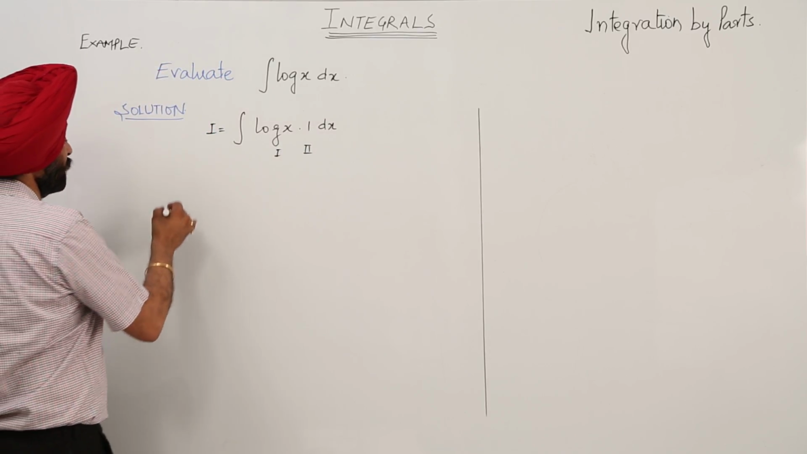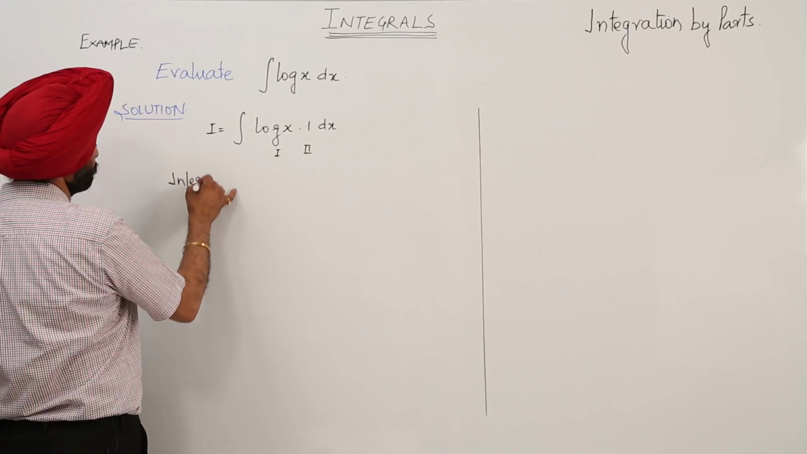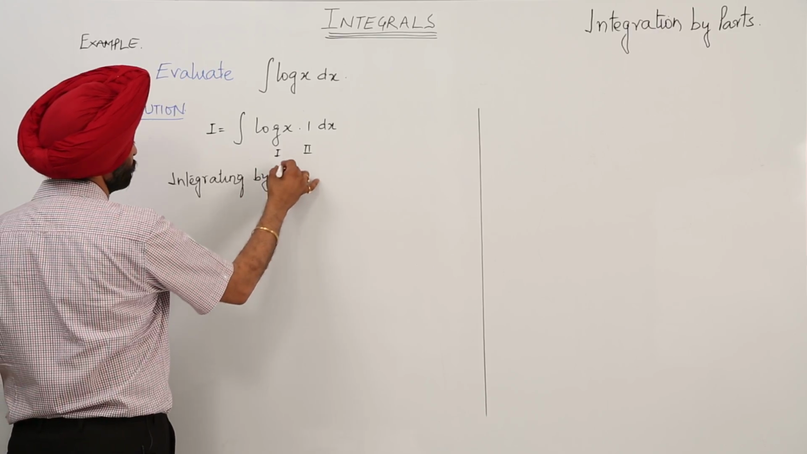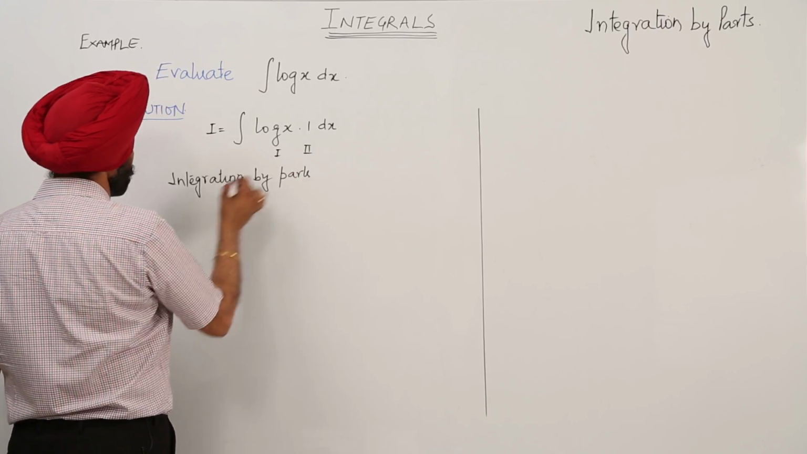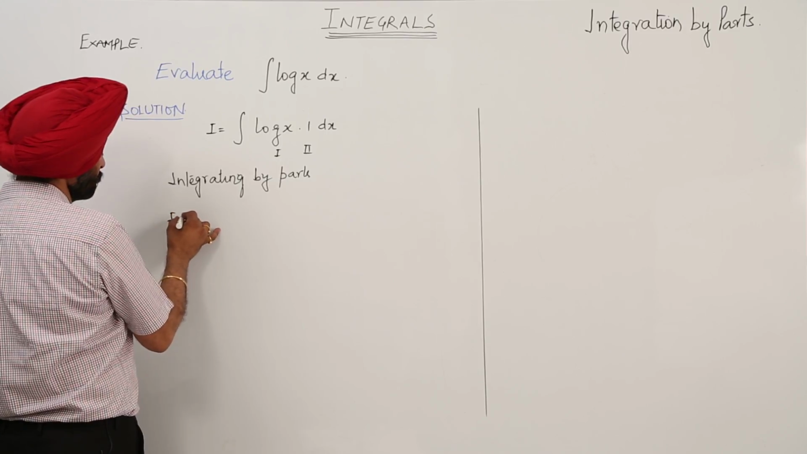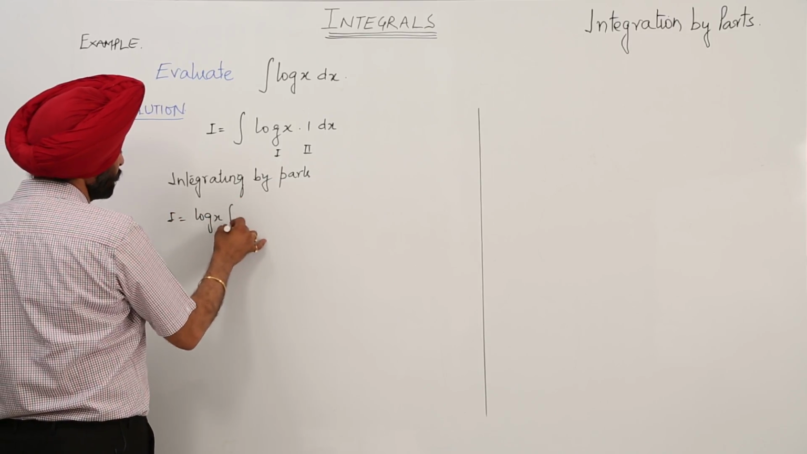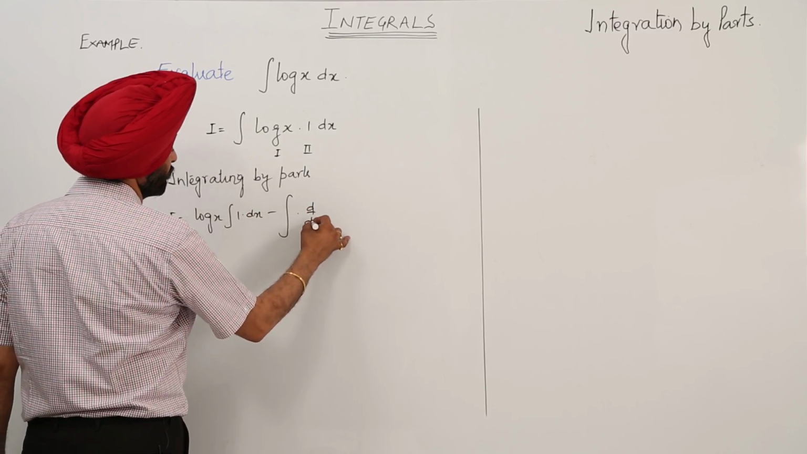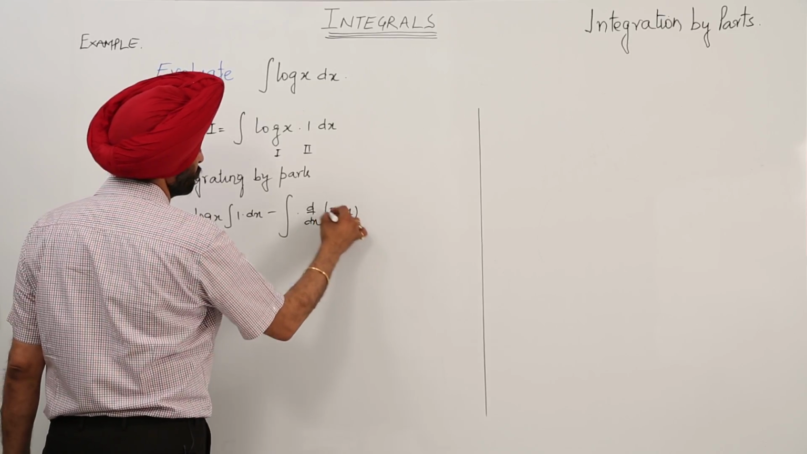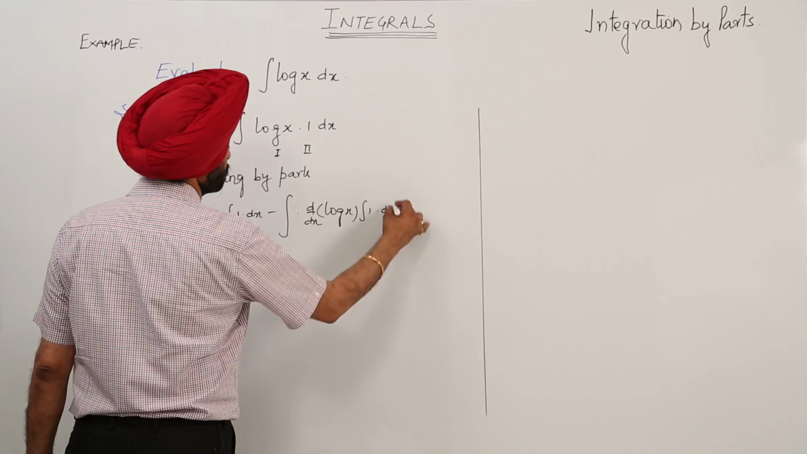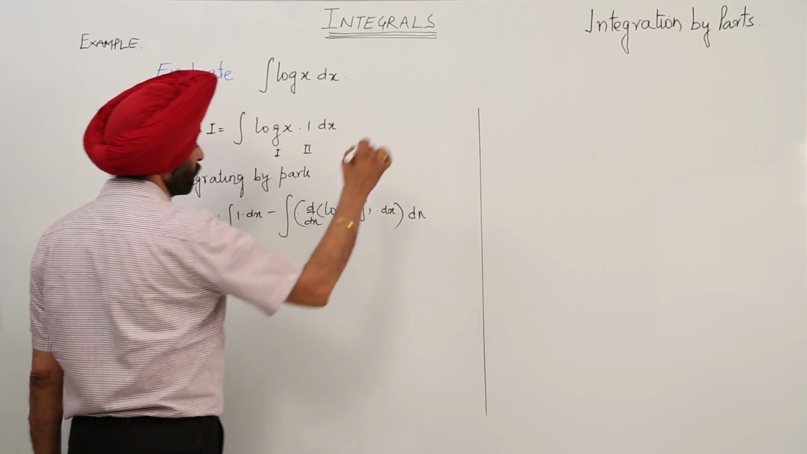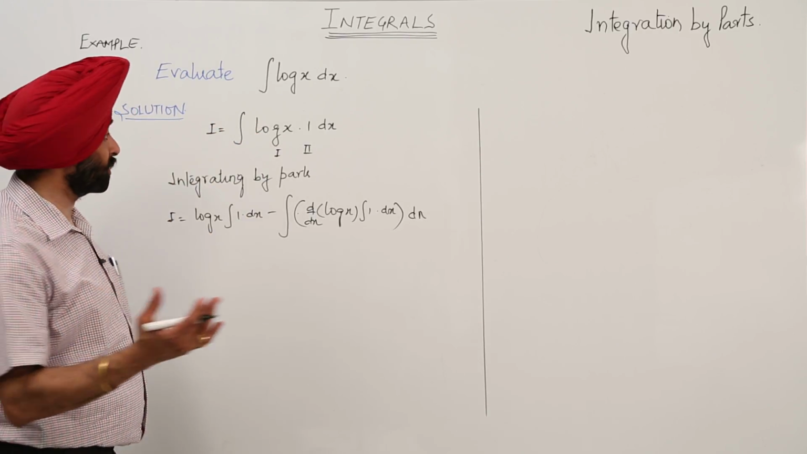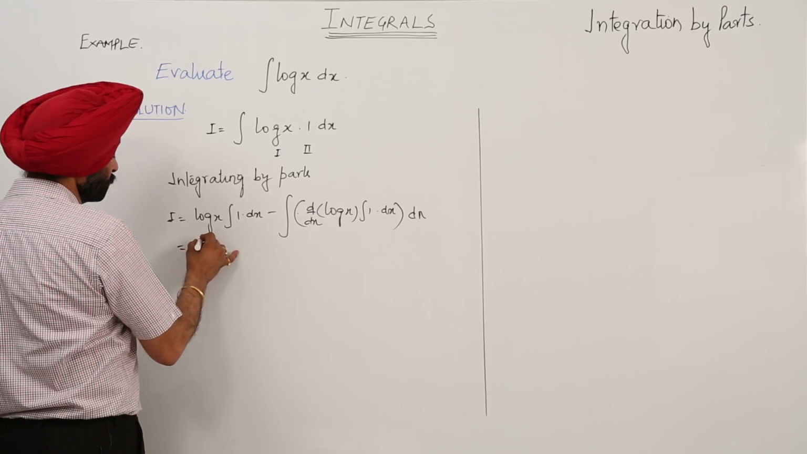Is it clear? So now integrating by parts: first function as it is, log x as it is, integration of 1 dx, minus integration of d by dx of log x, integration of 1 dx, and dx. So when only a simple question is there, we can take 1 as a first or as a second function, depending on the question. Now this becomes log x,